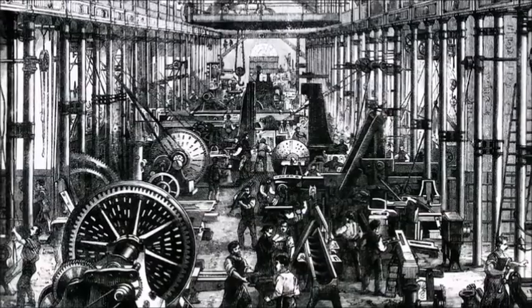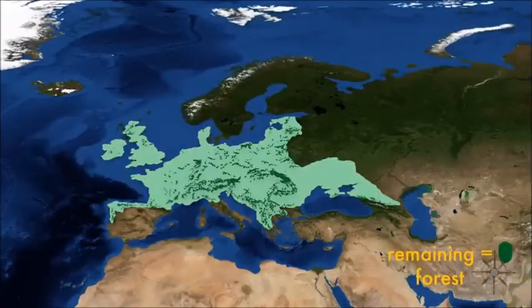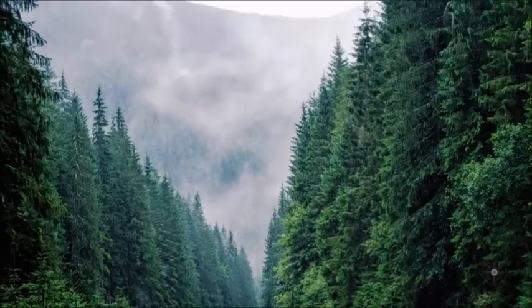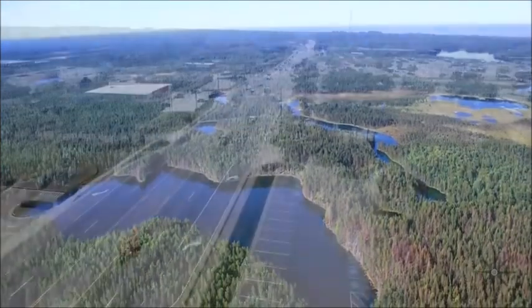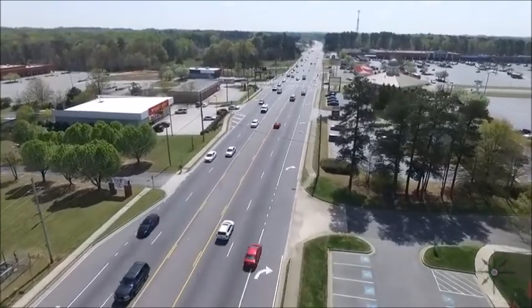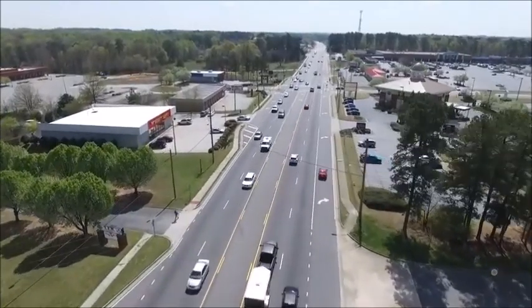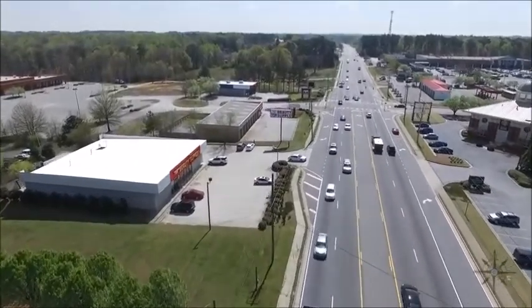Then, once the Industrial Revolution came along, this process accelerated and Europe was stripped of virtually all of its remaining forest cover, outside of a few strongholds like the forests of Romania or the Scandinavian Russian taiga, which made it onto the previous list. Unfortunately, the damage has already been done to these forests, and they will likely never return while humans still inhabit the Earth. The most we can do now is restrict any further development and try our best to protect the remaining forests